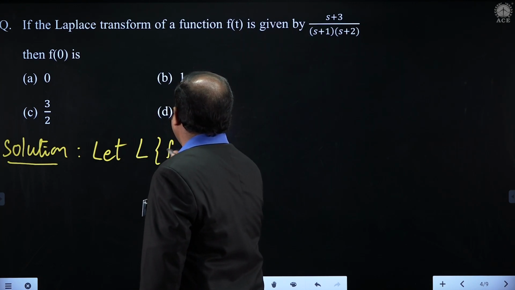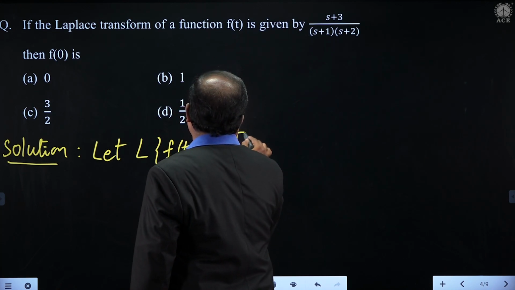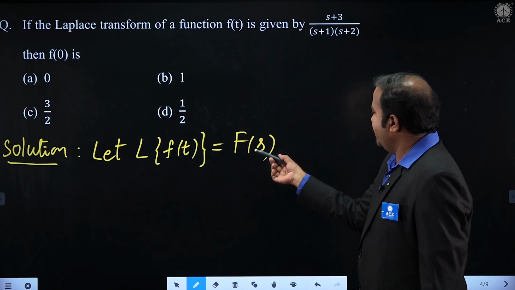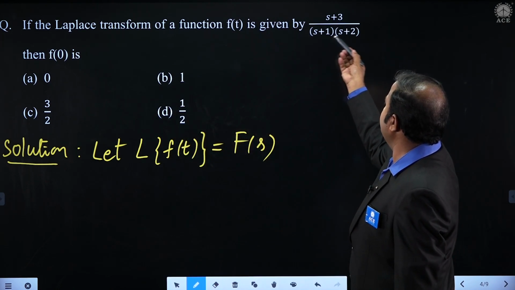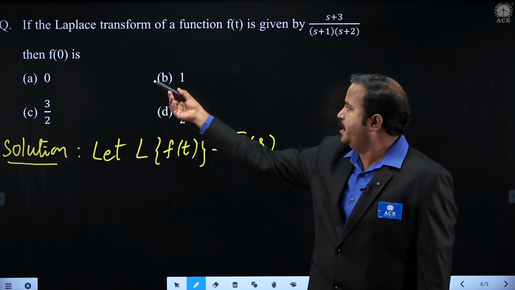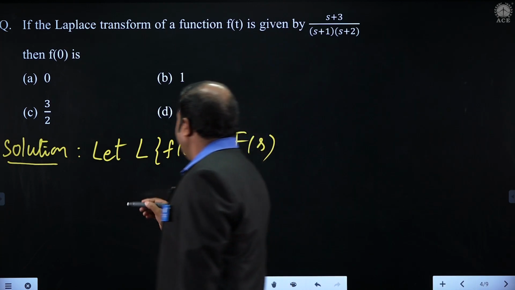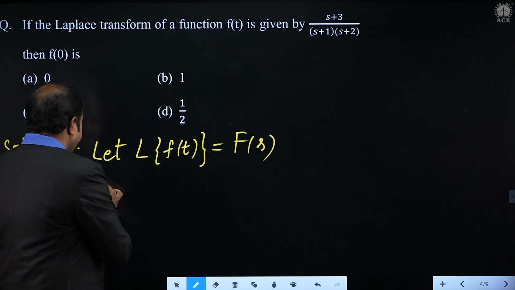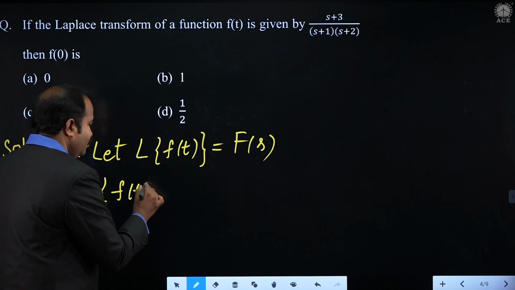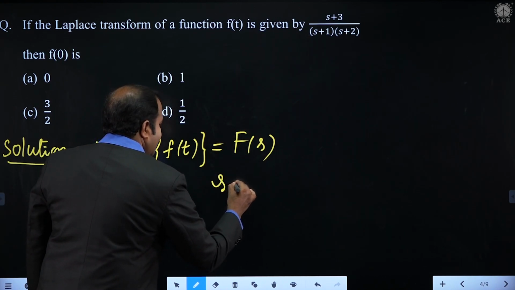Let the Laplace transform of f of t equal capital F of s, right? So what is F of s here? F of s is (s plus 3) by (s plus 1)(s plus 2). f of t is required, then the value at t equal to 0 is required. Therefore, given what is given, the Laplace transform of f of t equal to F of s is (s plus 3)